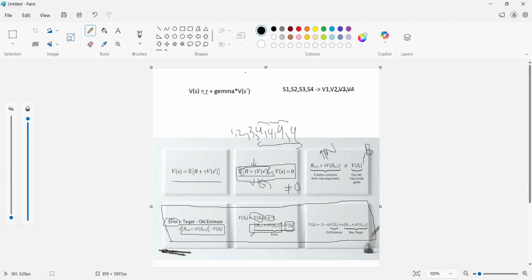Okay, so let me recap what I've said in this block. What I'm trying to say is that if I have a given state v,